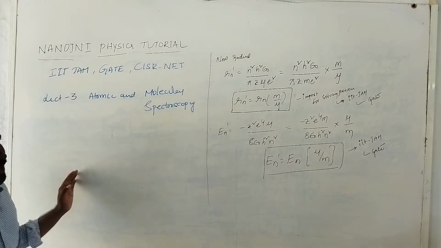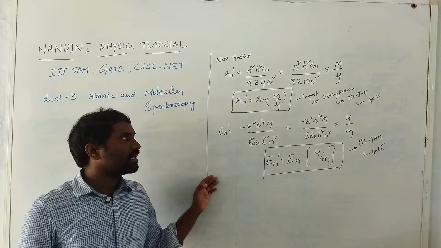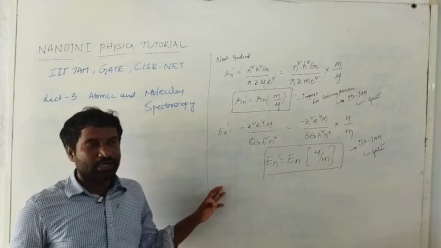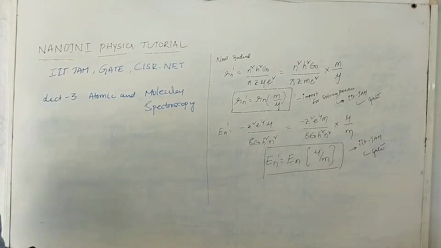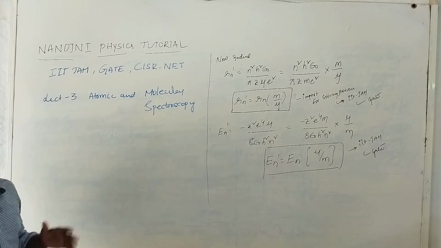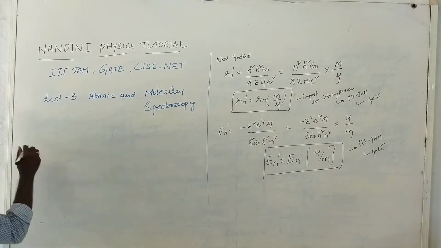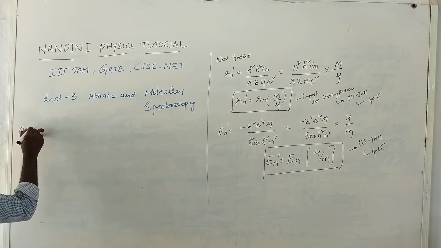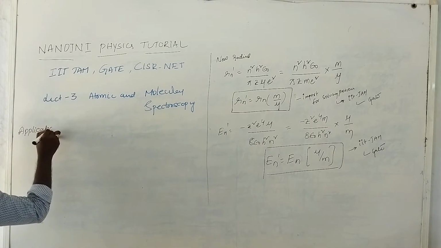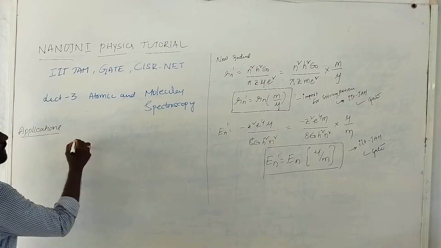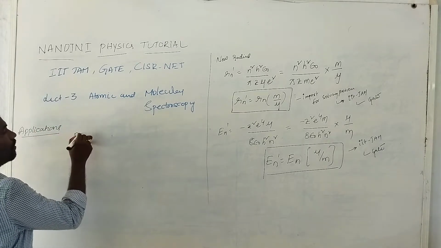This is for the hydrogen atom when reduced mass is introduced. At the same time, you will consider positron or muonic atoms. If you consider a positron atom,